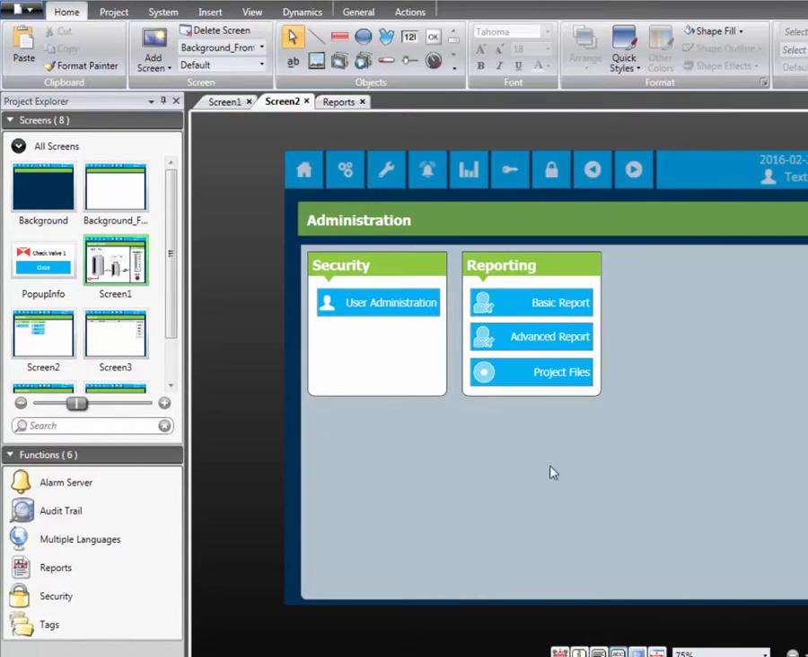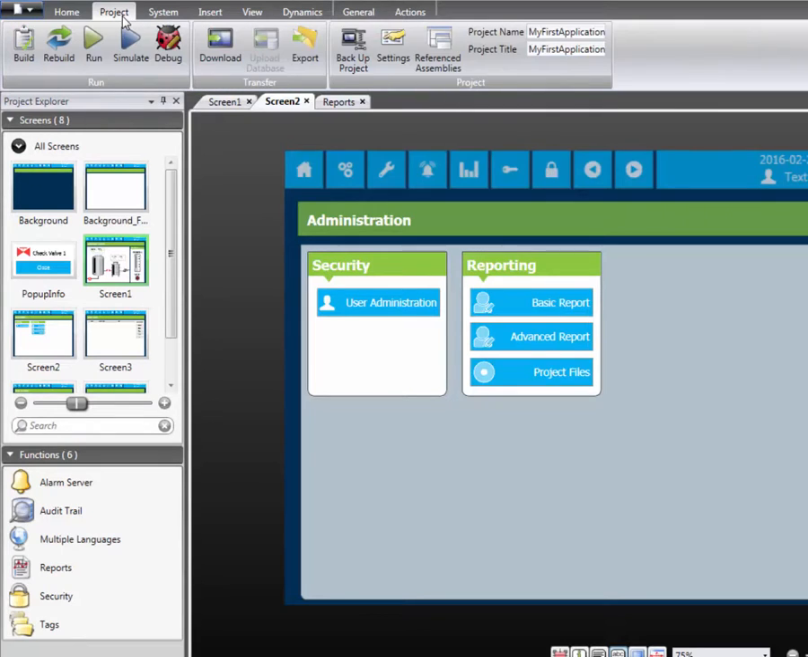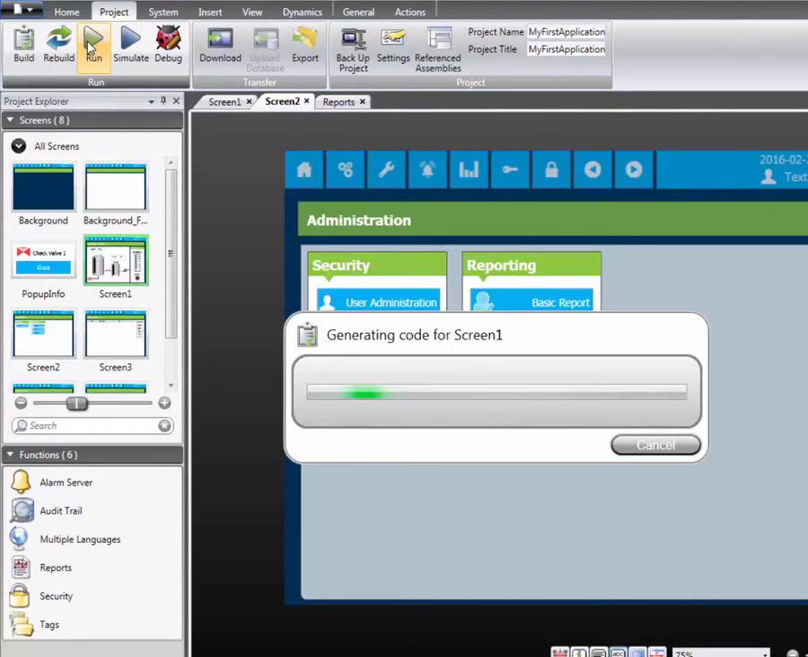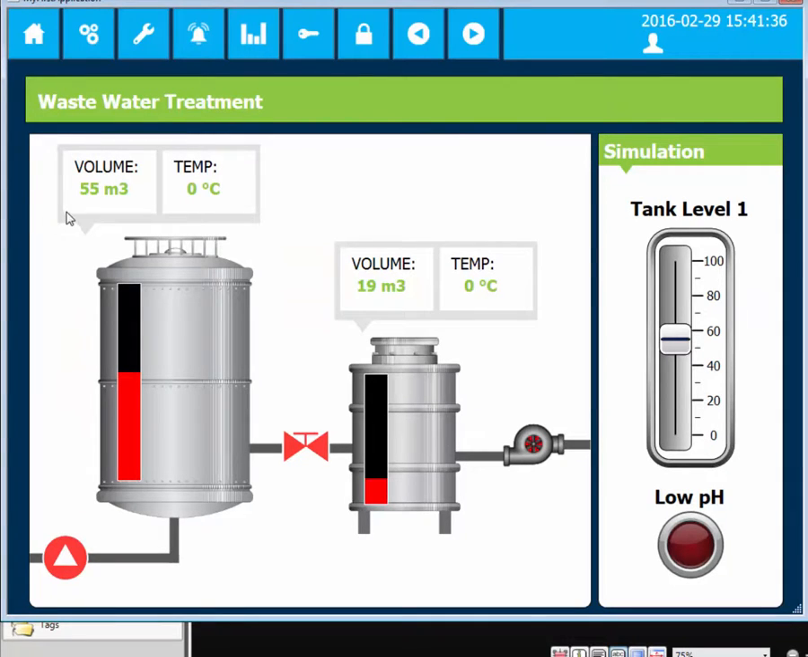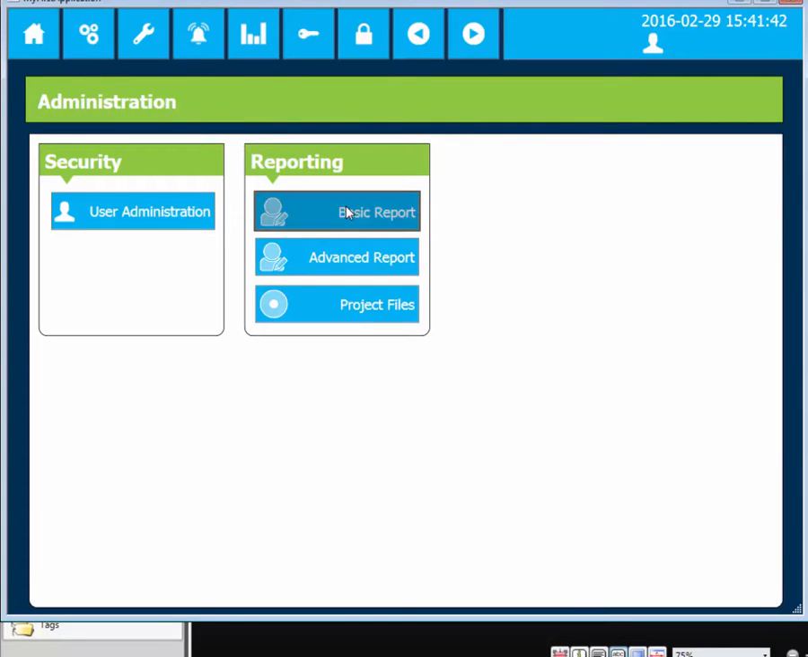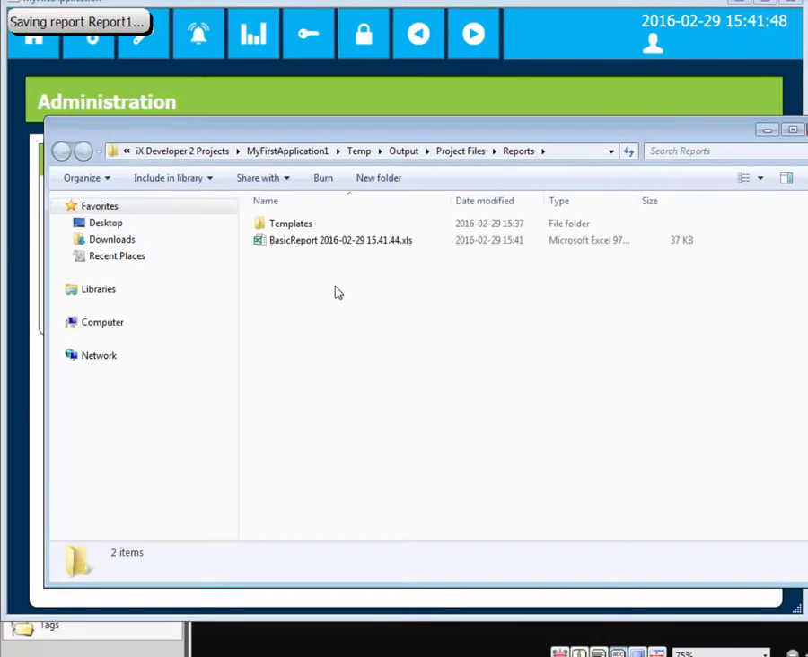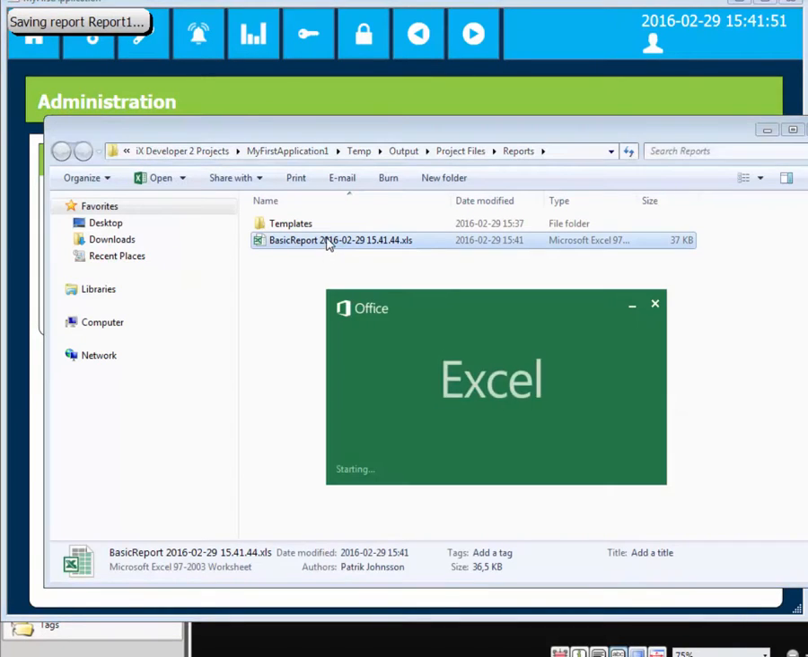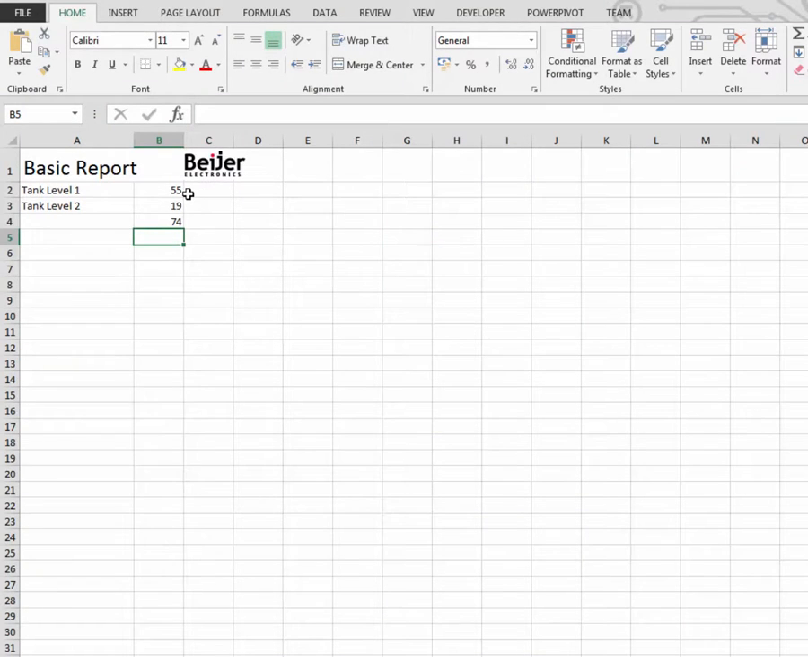Let's simulate the application by clicking on the green Run icon. Notice that tank volumes are 55 and 19. When clicking on the Basic Report button, a report will generate. Once the generated report is open, we see that the cells have been populated with values, and that the Excel